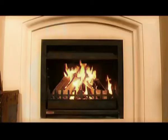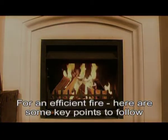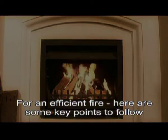Now, beside me is an open fire. If you have an open fire, the same procedures are required to start and operate it as we showed you with the closed combustion solid fuel burner. If you want a fire that burns efficiently and keeps you warm and cosy, here are some key points for